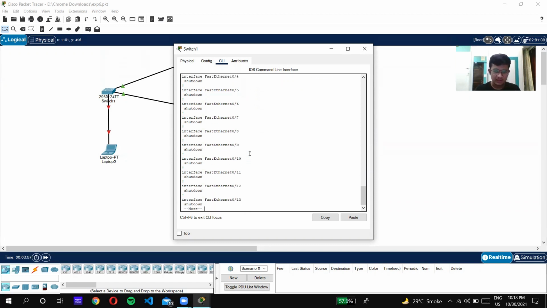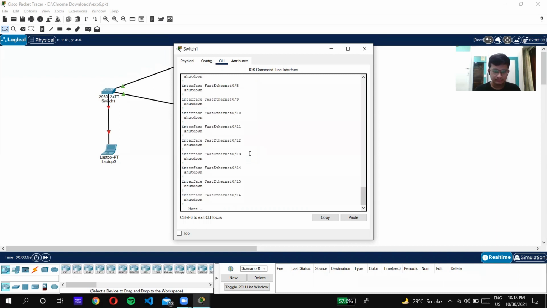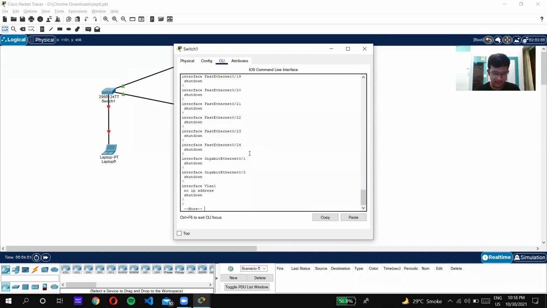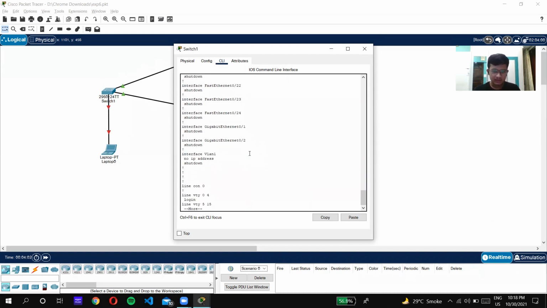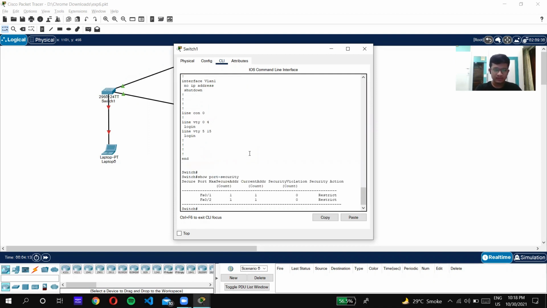These are the fast Ethernet connections, and if we scroll down, this is the gigabit Ethernet. So we are done with it. I'll check whether port security is enabled or not. Show port-security. As you can see here, FA0/1 and FA0/2 have both been configured with a restrict action.